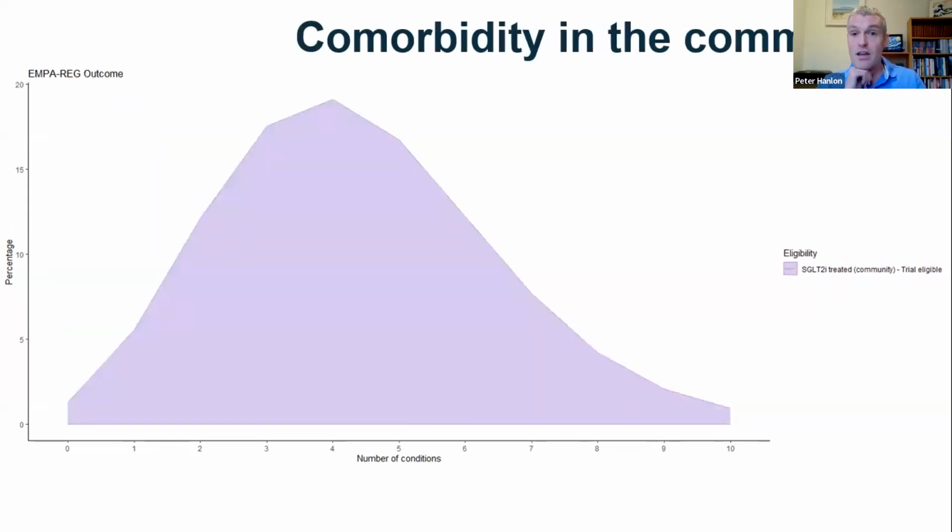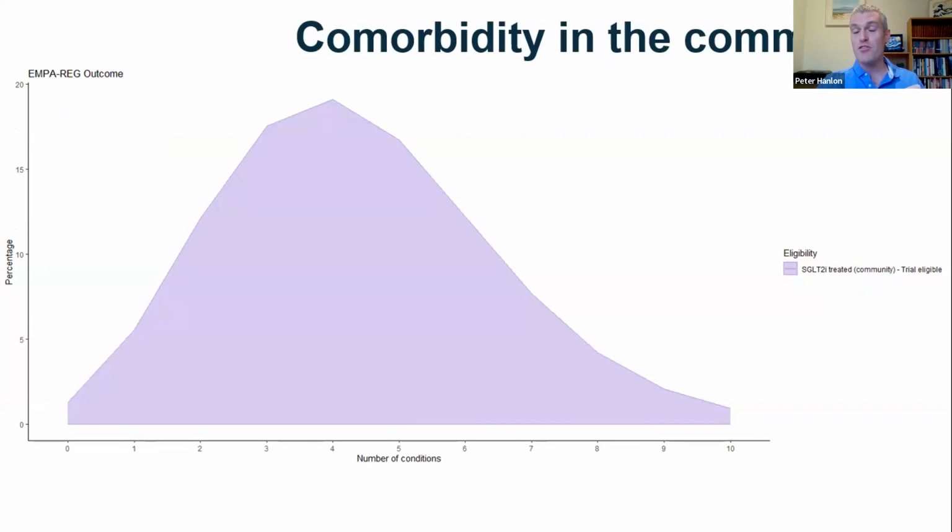When we look, though, at EMPA-REG outcomes, this is one of the big cardiovascular outcome trials we had. This is people who would have been eligible for the trial. So their eligibility criteria selected a higher risk population. You had to have established cardiovascular disease to be in this trial. And so as you'd expect, people that meet that criteria often have other stuff that comes along with that.